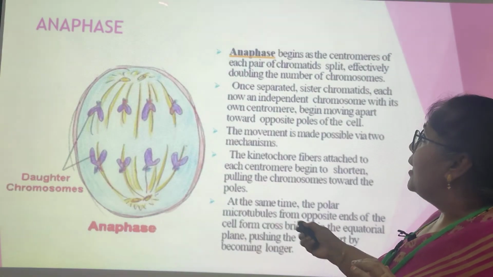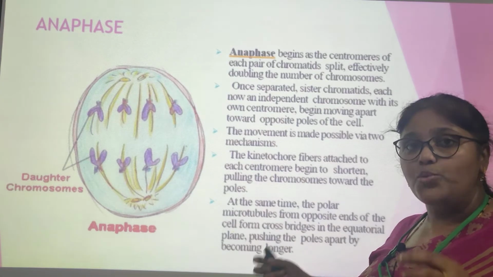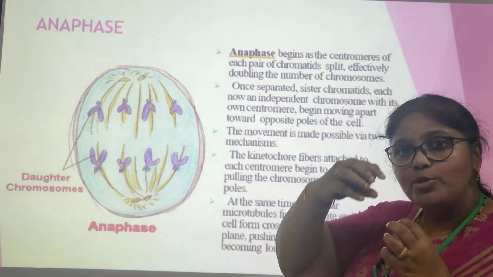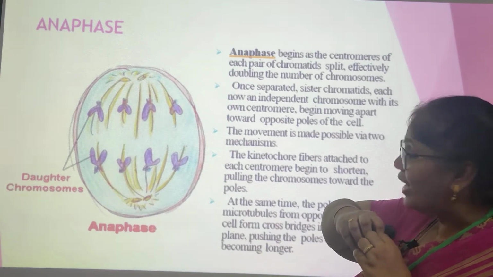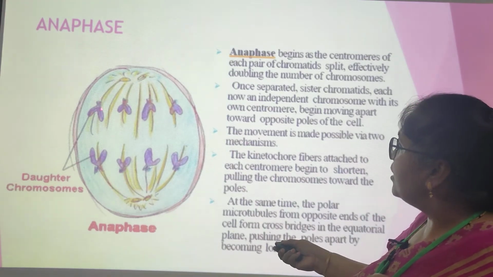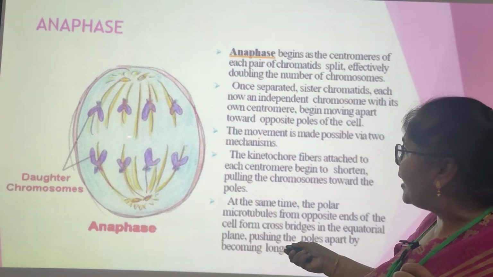Next. Then comes what is called the anaphase stage. Now this is the stage where the chromosomes which are attached at the centromere try to spread apart. You can see here, it was actually two arms, right? So here the centromere breaks down because